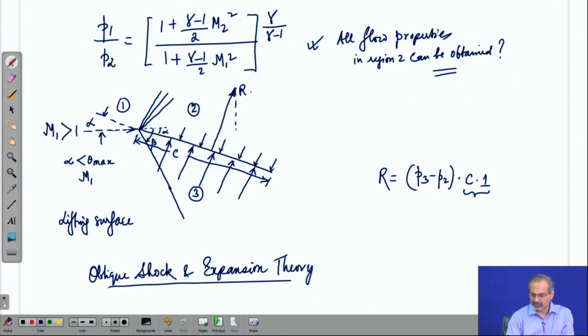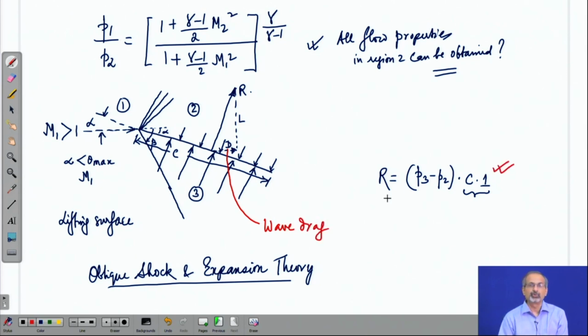Now, if you resolve it into components, you clearly see that there is a lift, but as well there is a drag, and this is the wave drag that we talked about. This drag is the wave drag. Of course, you can resolve R into components and work out what that wave drag is, but it is happening because there is increase in entropy